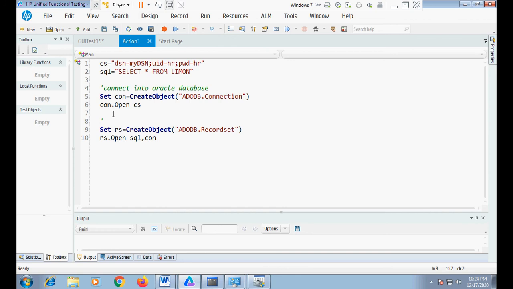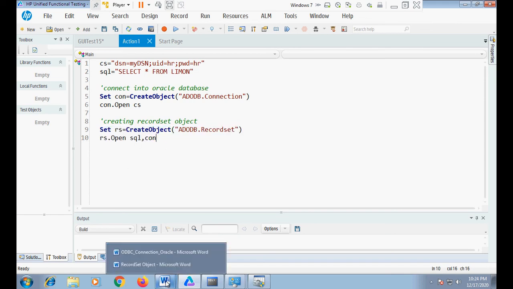So in this line I have created a record set object, and the record set object